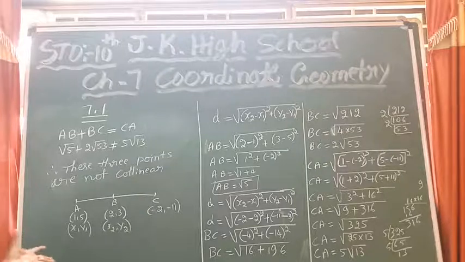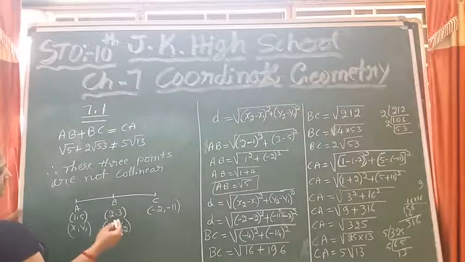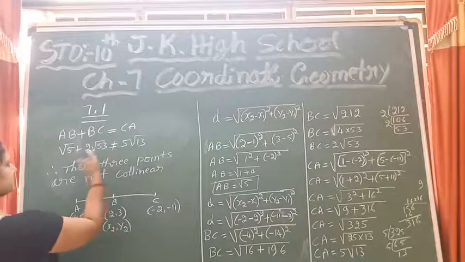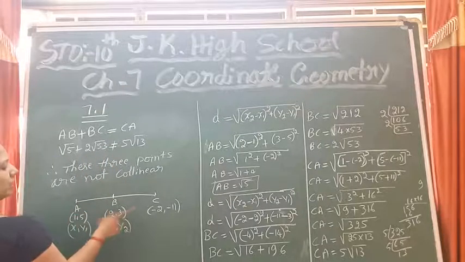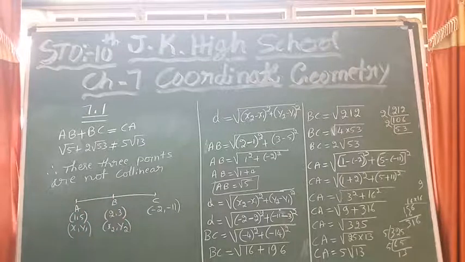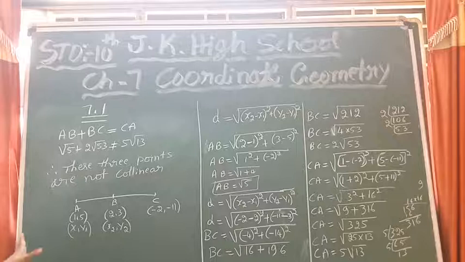We'll come to know sum of two sides should be equal to the whole side. Otherwise you can take it this way also. AB plus BC, sum of two sides, if it is greater than this, sum of these two is greater than this, we can think it forms a triangle. If it forms a triangle, then these 3 points are not collinear also. You can think it and write it also. Okay children, write down.